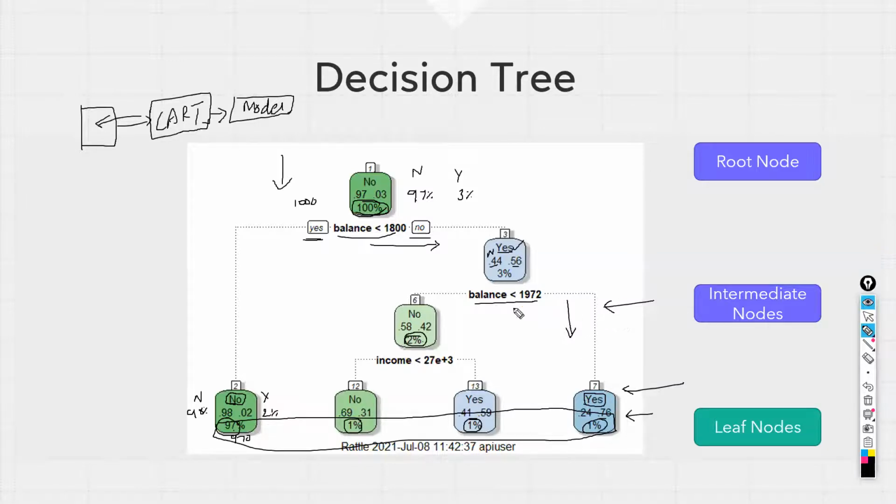Trees don't have to be symmetric. What I mean is, let's say we make this split and we get this right-hand child and left-hand child, and when we try to split this further, we are not able to split, then this becomes a leaf node by itself. But on the other side, we can keep propagating new splits as long as we can decrease this Gini index. So then this becomes a leaf node, this becomes a leaf node, and these two become leaf nodes. That's why I say trees don't have to be symmetric.